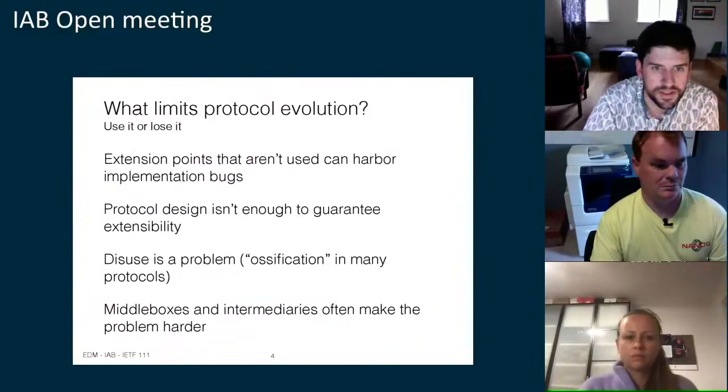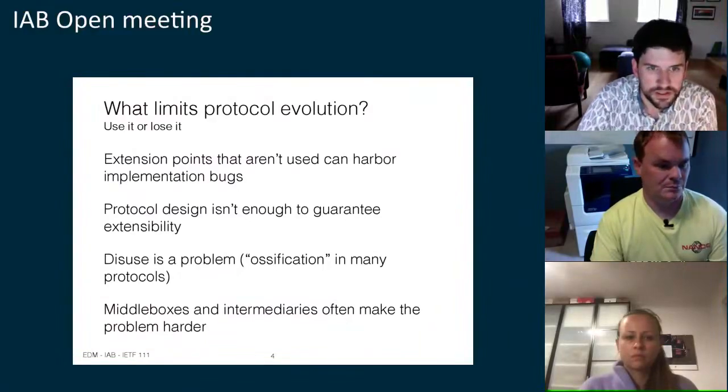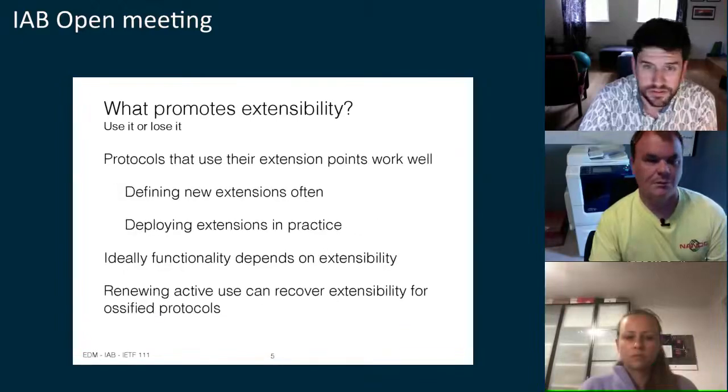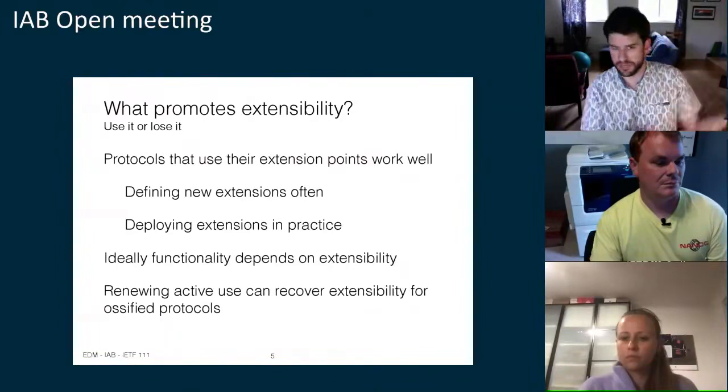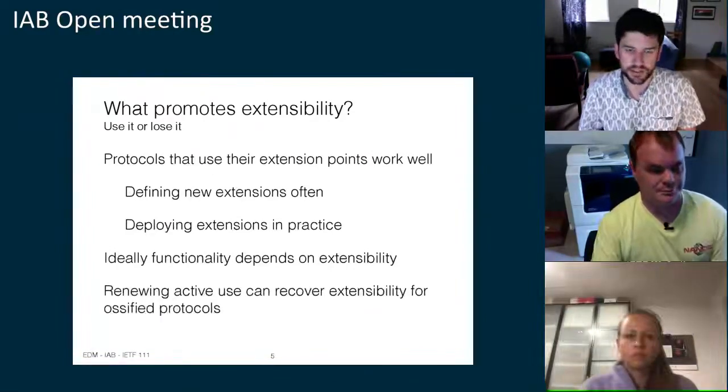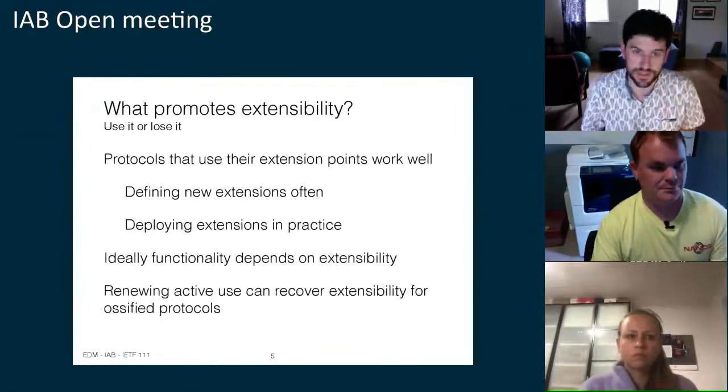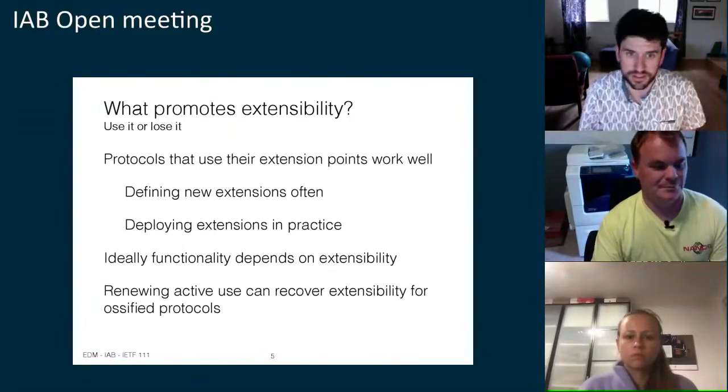All right, next slide. There we go. Yeah, so essentially once it establishes that background, it takes a look quickly at what are the things that promote extensibility.